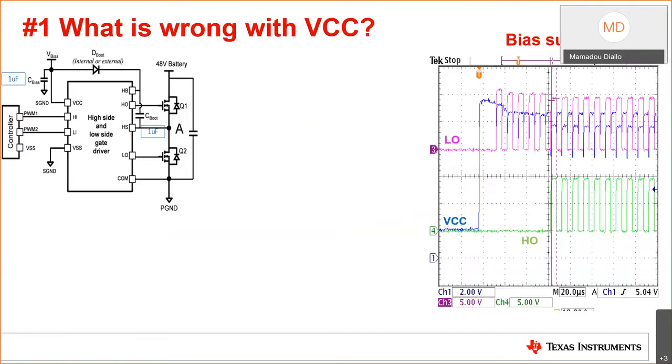All right, let's get started on our first issue here. Closely look at the waveform and schematic provided. This is a typical half-bridge configuration where a PWM signal is controlling the driver's input. The bootstrap circuitry is composed of C-bias on the VCC pin, the bootstrap cap or HB-HS capacitor, and the boot diode. These bootstrap network components generate the bias for the Q1 FET on the high side, and this high side FET is referenced by design to the switch node HS. The driver's low side output LO buffers the PWM signal to the Q2 FET referenced to ground.